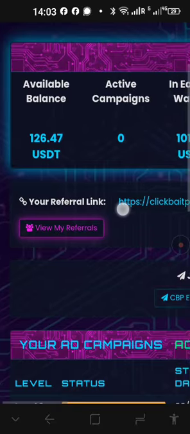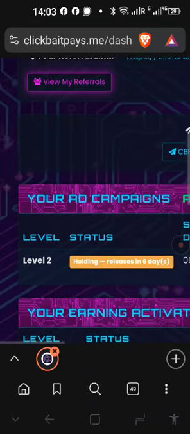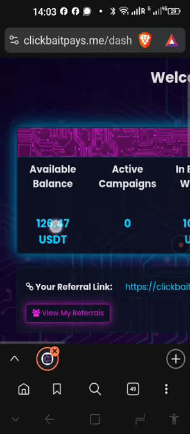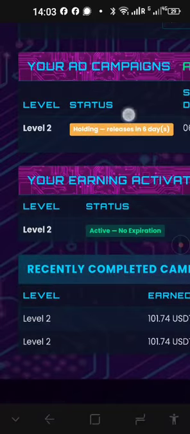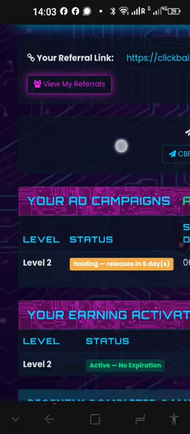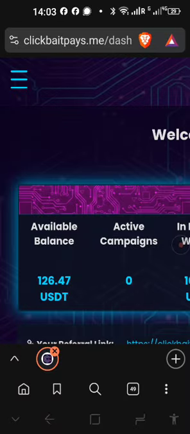So what we are going to do now, we're going to purchase another level 2 ad campaign for $77. Work these funds. And when these funds get released, we will have enough to upgrade to level 3. Alright, so it's taking some time, but it is working. That is the main thing. So the product here is you viewing ads. That is the main product here.